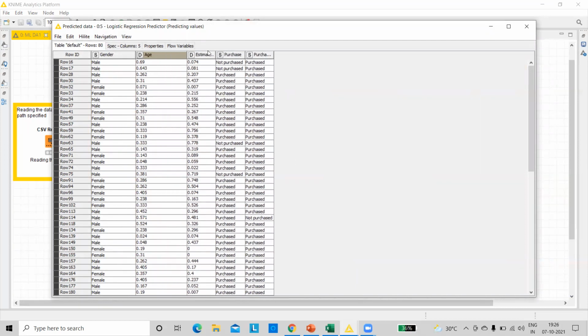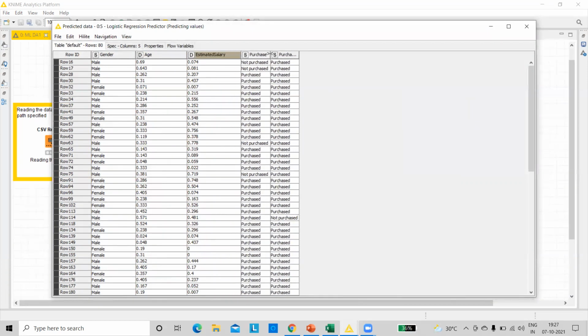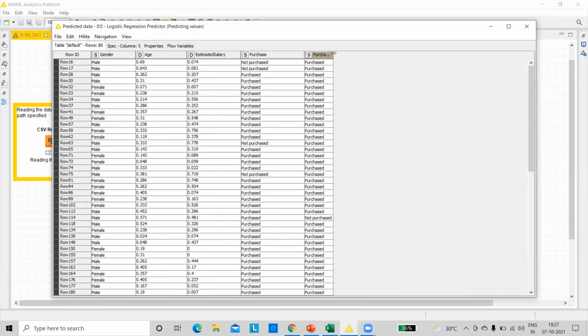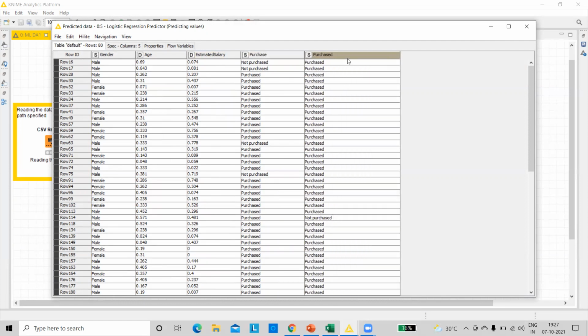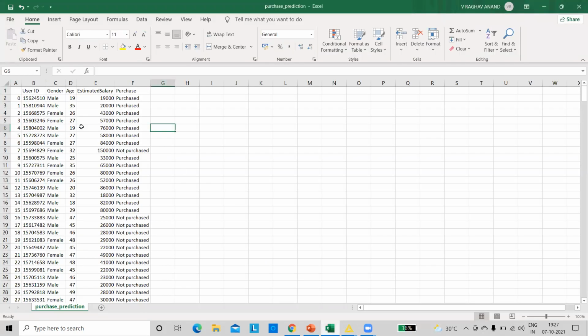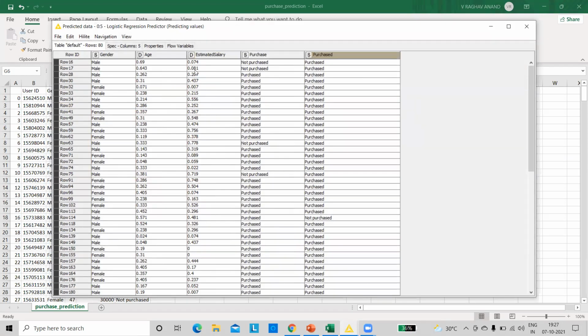It consists of age, gender, estimated salary, purchase, and the purchased column. Over here, this is the column that we are using for prediction, and this is the column that has the actual values. As we can see here, this is the part where the min-max normalization comes into place. We saw in the data set that it had a large number of values, 19, 35, 26, and 19,000, 58,000. But we can see over here that it has been reduced to the range of 0 to 1. What this has done is allowed the model to train in a better, more accurate way. So that is the purpose of it.